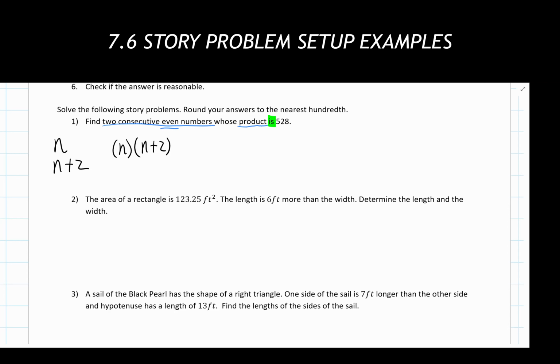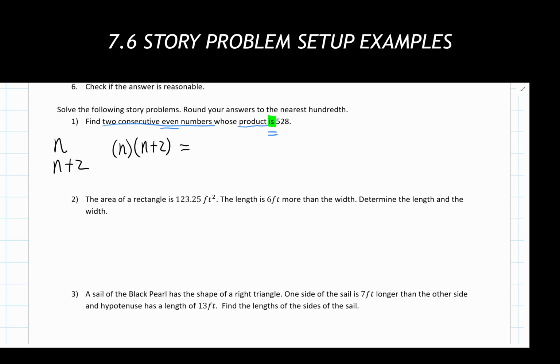Is one of the buzzwords that represents an equal sign. It tells us something equals something else. So when you see that buzzword showing up in a problem, that right there can tell you, hey, there's an equal sign. That just split up my problem into essentially two parts. Everything to the left of it is going to be the left part of my equation, and everything to the right of it is going to be the right part of my equation.